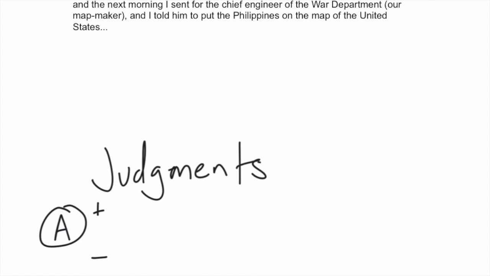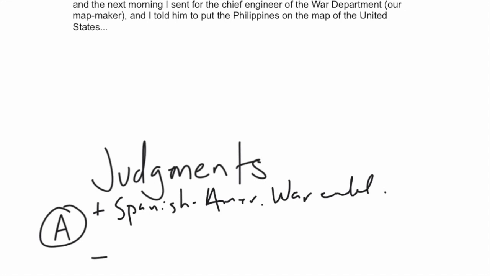Okay, now I want to judge the influence of context on this document and how it supports the author's claim and how it may not necessarily support his claim. When I consider what was going on in the U.S. during this time, the author's claim makes sense because the U.S. was in the midst of a debate around what should be done with the Spanish colonies after the Spanish-American War. So I'm going to go ahead and write that next to my positive sign. The Spanish-American War, again I'm going to abbreviate, ended in 1898, the same year it started,